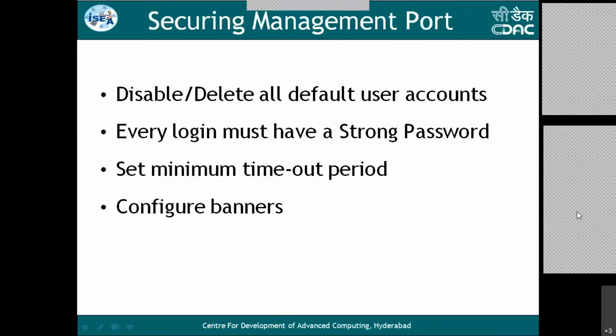You might have different characters, specialized characters. Your password should have all the kinds of characters your keyboard has, whether capital letter, small letter, special character, or numerical character, in all combinations, with a minimum of 8 to 10 characters.